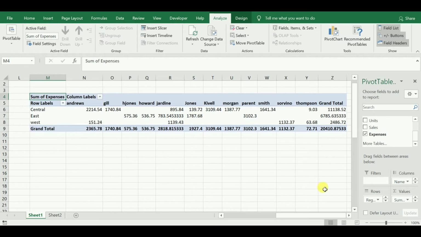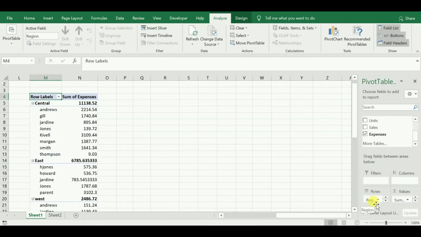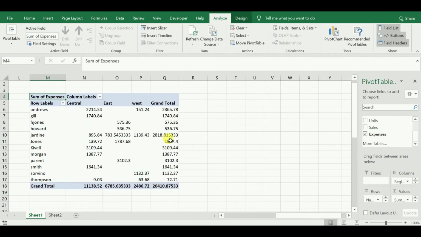I'll just pick up the name and drop it in the rows, and pick the region and drop it in the columns. Now if you see here, the pivot table has become flexible, which cannot be done by a normal table.